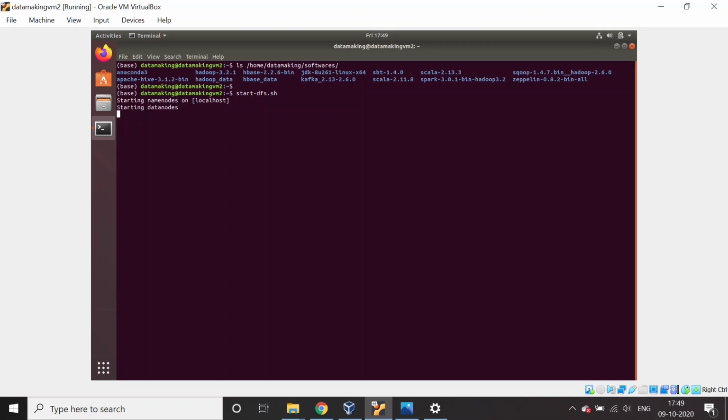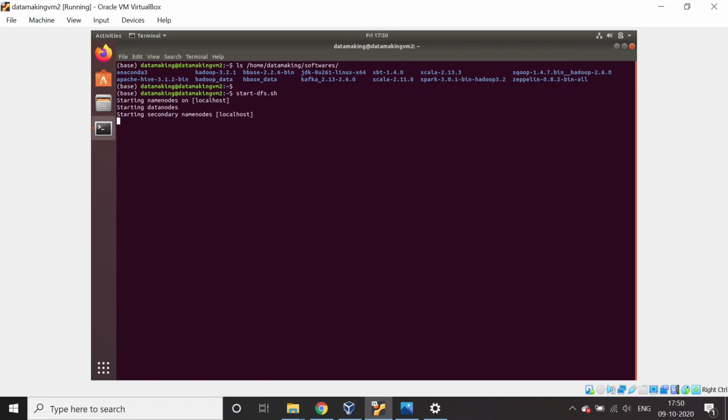The data node is a process or daemon which is used to store the actual blocks. Whenever you store a file into HDFS, the data gets broken into blocks, and each physical block is stored on your data node. So that's the data node.